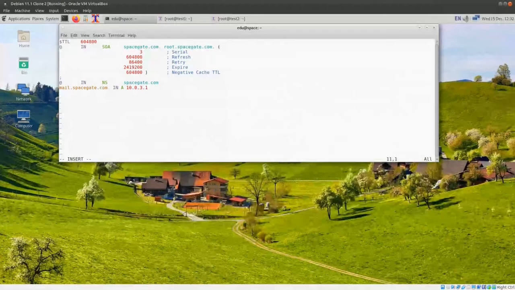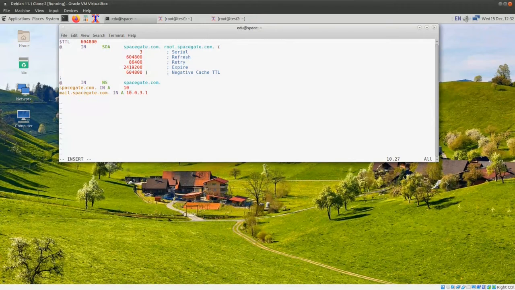The second one, I think we need the first entry to be the space gate itself. That's the domain, so I need to put an IP address related to this domain, and that's the standard record, and put 10.0.3.1, and then the mail done. So we'll put here